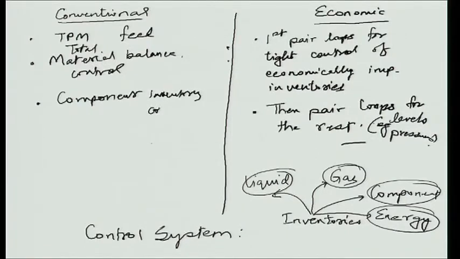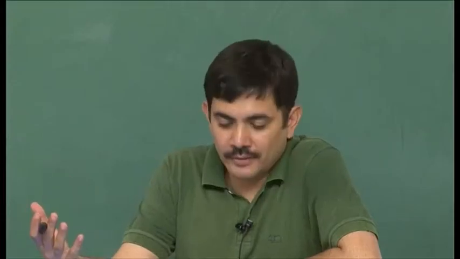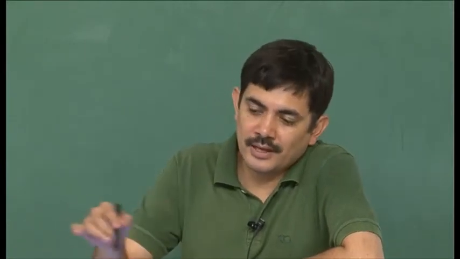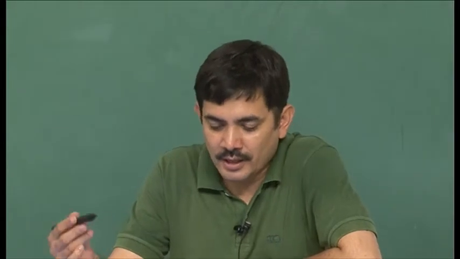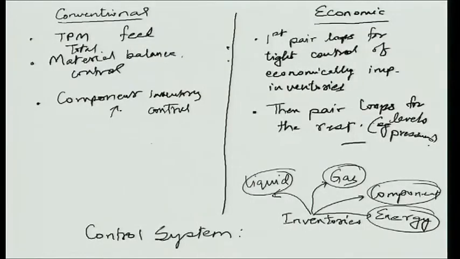And as it turns out, it is the component inventories in leak streams or in purge streams that are economically significant. It is the inventory of the recycle rate that affects your energy consumption. It turns out that actually these are economically more significant. Many of these component inventories are economically significant, and so